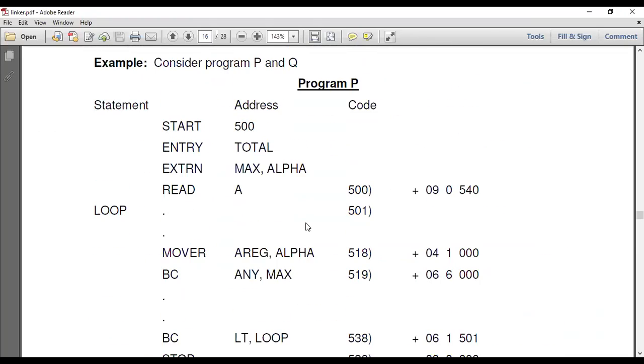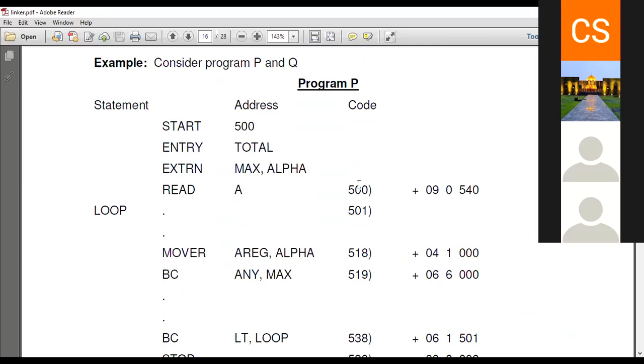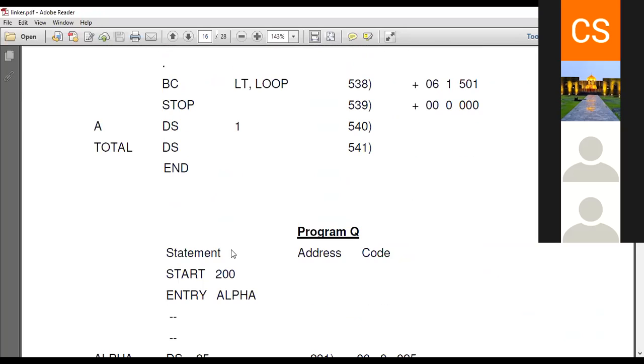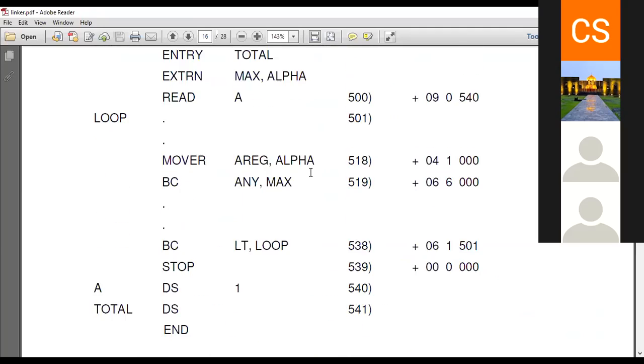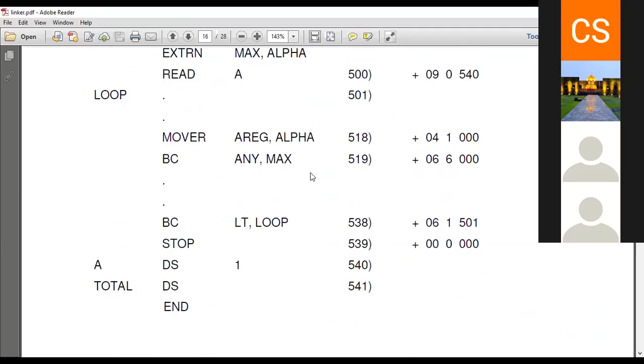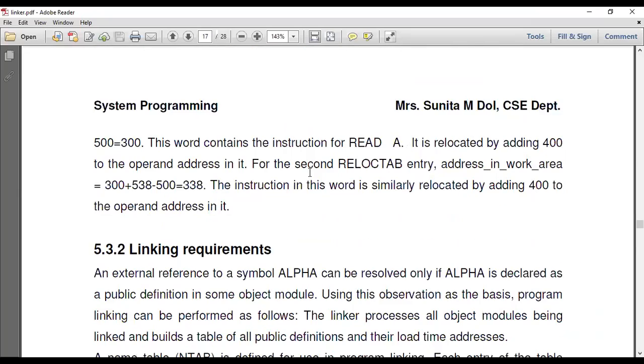Consider that I have the program P, which is our first program, and the second program, program Q, and I want to link these two programs. That is the case I want to perform.